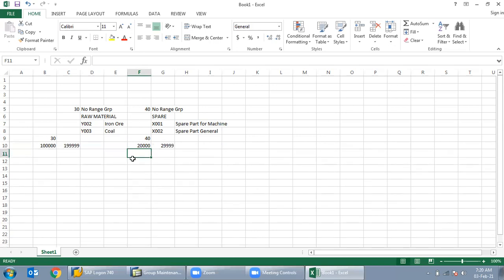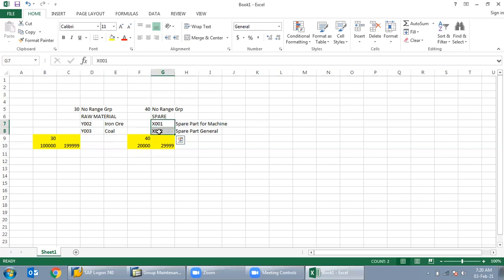Now understand, Umesh, see how it is happening. That is a number range, and that is a number range. 30 and 40 are my number ranges. I have created two groups, one for raw material and one for spare. Under this group I have created two material types, Y002 and X001.